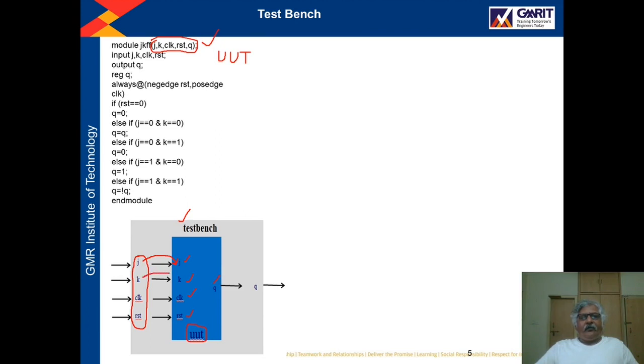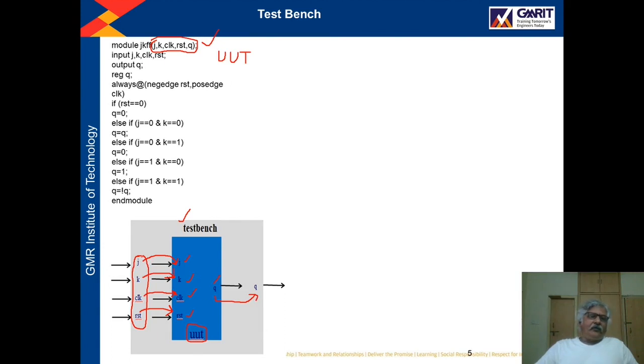K port of the test bench is associated with the K port of the unit under test. CLK of the test bench is associated with the CLK of the unit under test, and RST of the test bench is associated with the RST of the unit under test. And Q of the unit under test is associated with the Q port of the test bench.